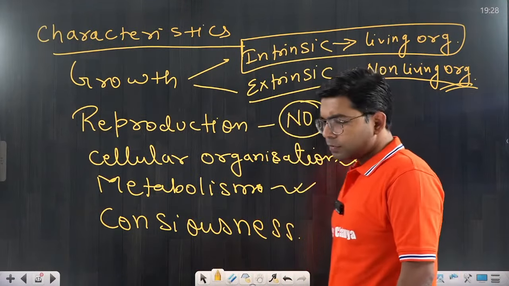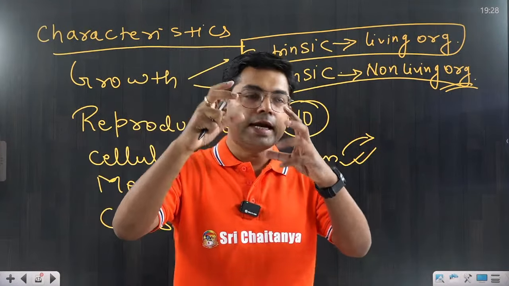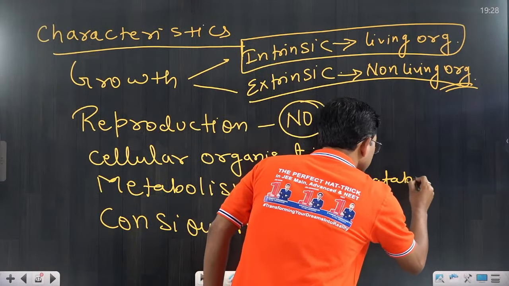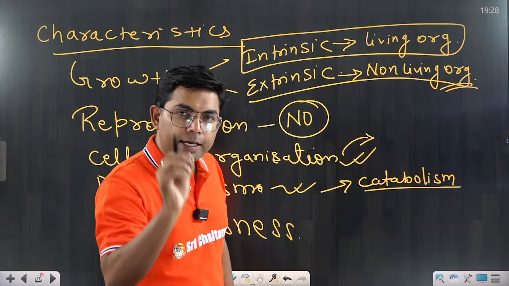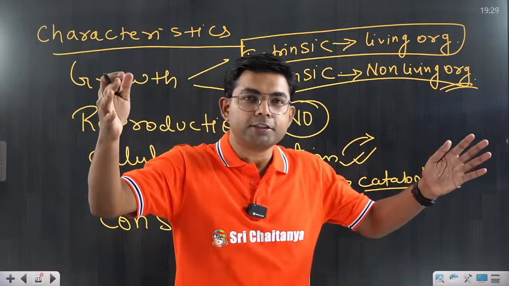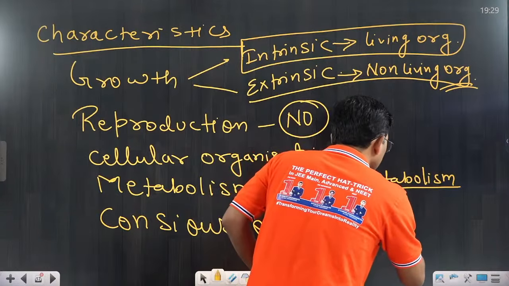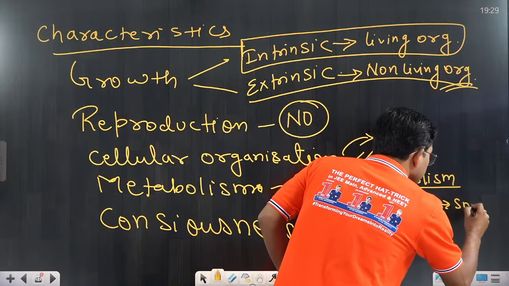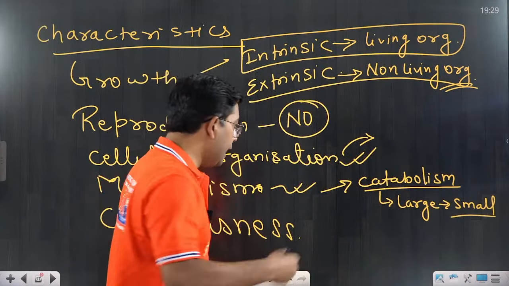Metabolism. Now, metabolism consists of two parts. One is catabolism. See, catabolism seems similar like cutting. Catabolism, cut, right? So we cut a large into small. So catabolism is breakdown of large molecule into small molecule. It is called catabolism. And anabolism